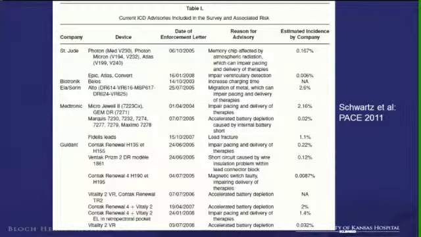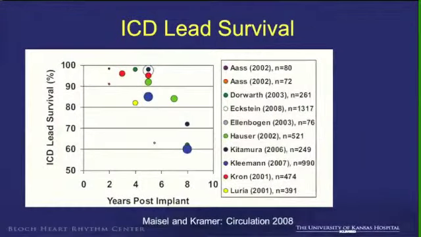So these are the more common ones. The importance of these recalls obviously depends on what kind of complication can occur due to the malfunction, and what the prevalence of that device in the population is at this time. The ICD leads have, as mentioned, exponentially increased. So anything related to a common ICD lead has a bigger impact than smaller generators. This is the average ICD lead survival. It's a little old, 2008 data. Most ICD lead survivals are around 6 to 8 years. Median is around 6 years at that point of time.